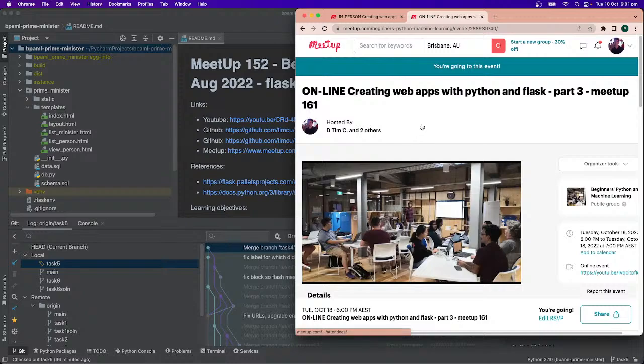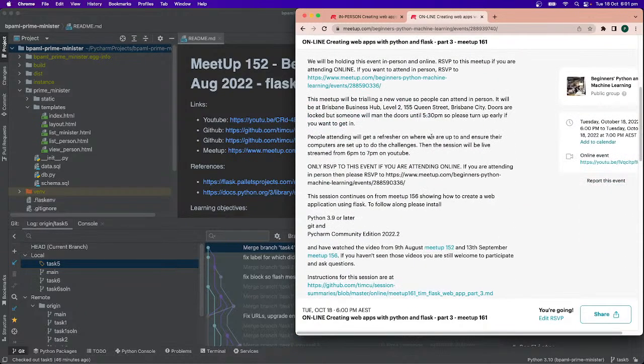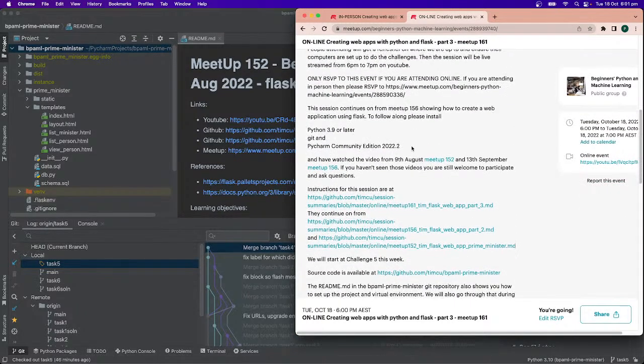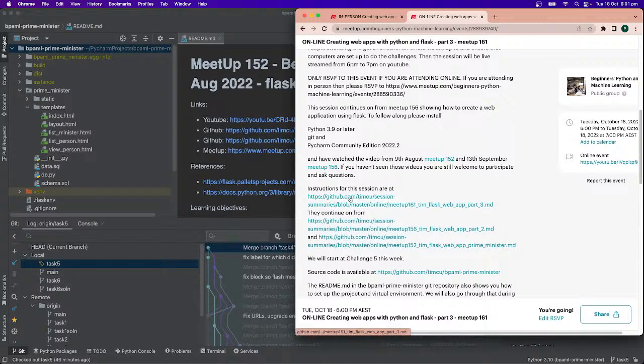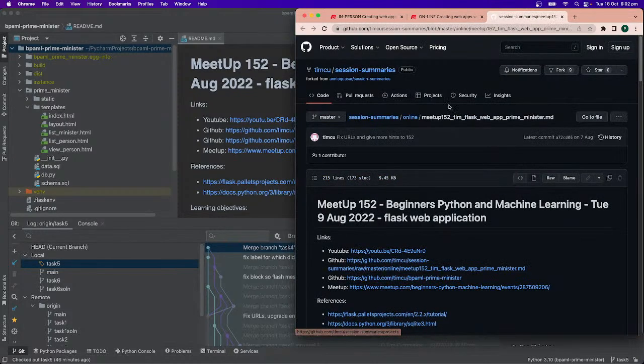So here's the Meetup page, and I've put some links on the Meetup page. Here are the instructions for this session at this link, which is part 3. But there's also part 2 and part 1. So if you need to set up your computer, go back to those and see how to do it. In fact, I will just show you how. I'll go to part 1,